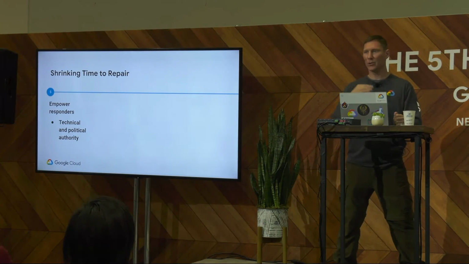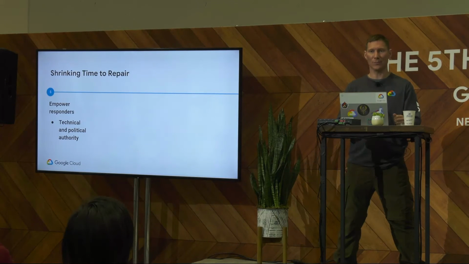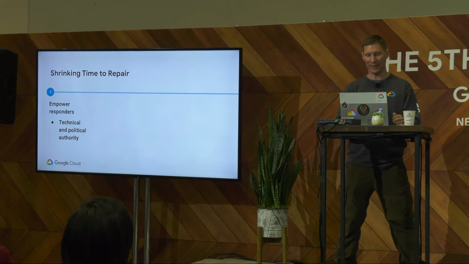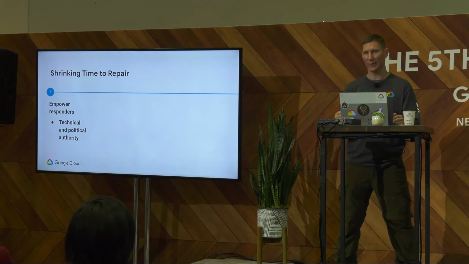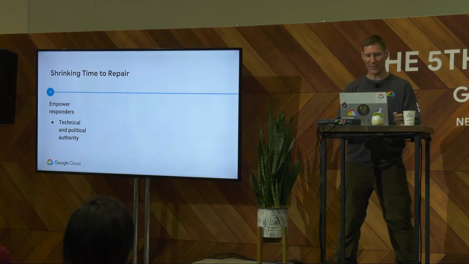You don't want the outages to go on longer than they have to because your on-callers have to go call up the CEO and ask for permission to do something, or go and try something that's really important, then find out access denied, and they have to go and find out why their access is denied. It delays everything, and it's not good for your users. And you also have to make sure that everyone else who's working on the incident understands that when an on-call asks you to do something, you do it. The flip side of this is that you need a solid audit logging framework, so everyone is still accountable for their actions. Remember, blameless does not mean invisible.